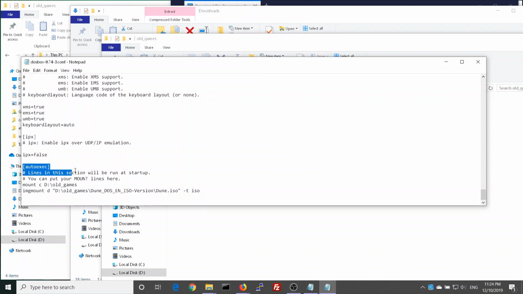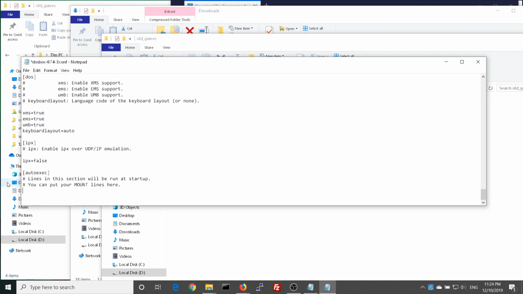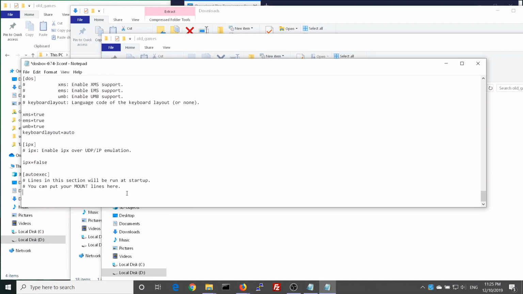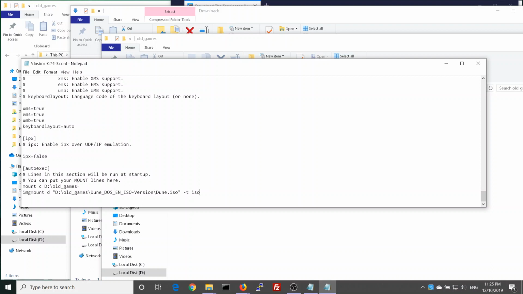And then your new config file would look like this at the bottom. Under autoexec, you can put in a few lines of code here in order to mount your CD, right? So in this case, we're going to